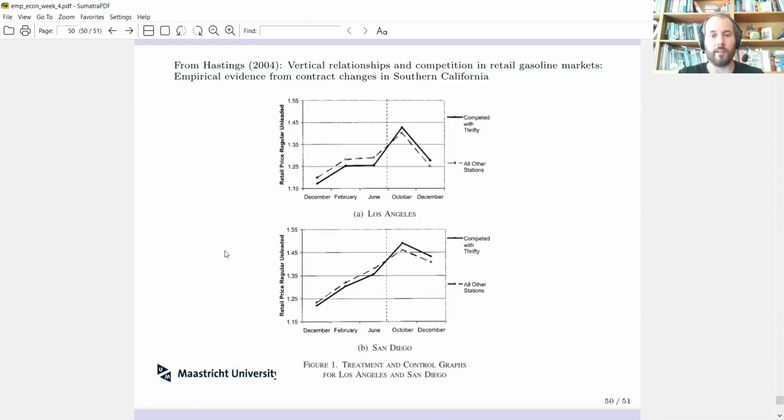Here we see something that is more convincing. This is where the treatment takes place. We really see that this line is very parallel to this line. Then the treatment takes place in between these two periods, and all of a sudden we see a reversal. That's about gas prices. These stations had the higher price, and then after this, they reverse. Same here. They're more or less parallel, and after the treatment, there's a reversal in the relationship between the two types.